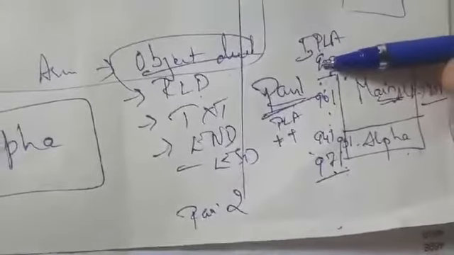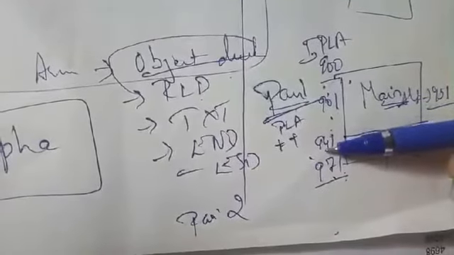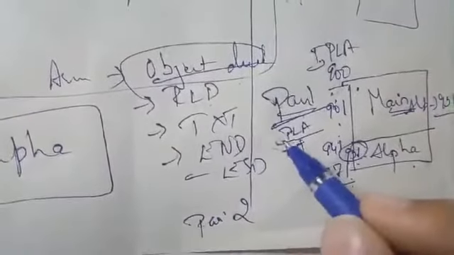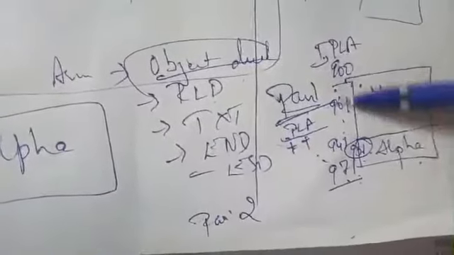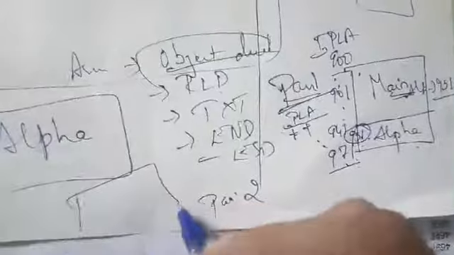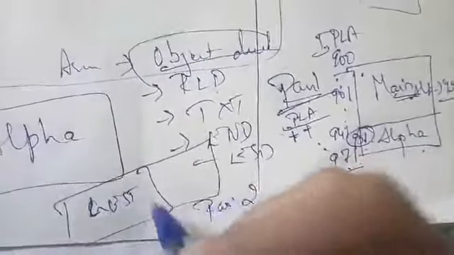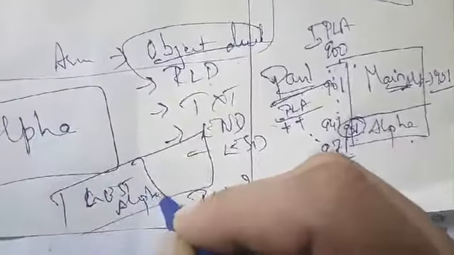So in pass 1, all your object programs are loaded one after the other by incrementing the PLA. I get the address using the PLA. The alpha address is obtained with the help of the PLA. I get alpha and I write it in the GEST card: alpha is a symbol and its address is 951.